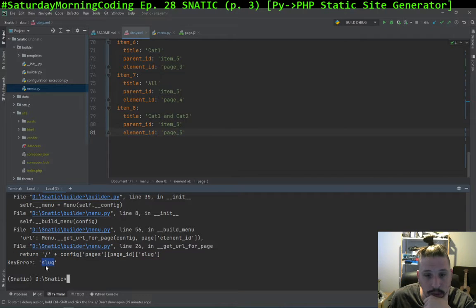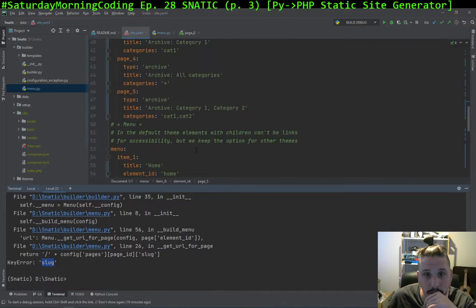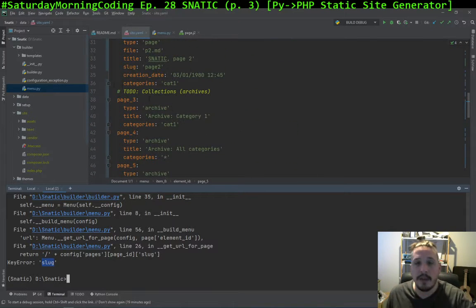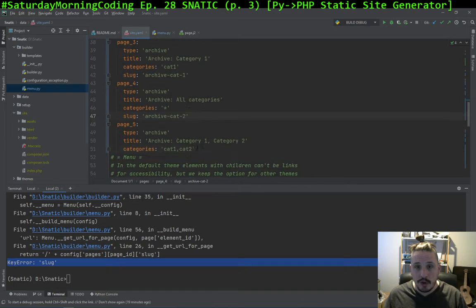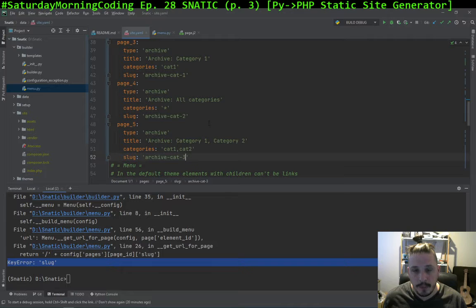Okay, error slug. So there's one that doesn't have a slug. Oh, neither of these pages have a slug. That's an error. So yeah, these pages should have slugs, all of them. For example, archive cat1 would be the slug for this. Cat2, cat3. Obviously,